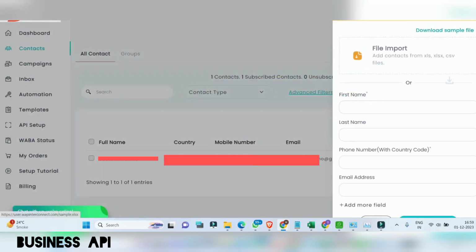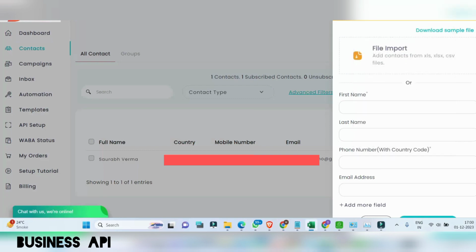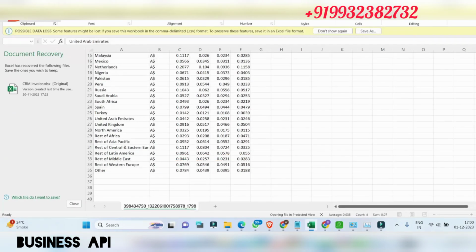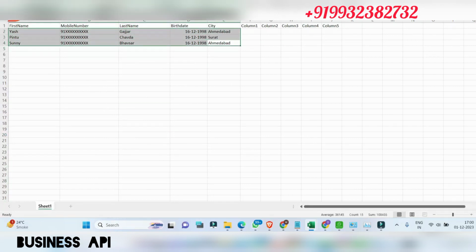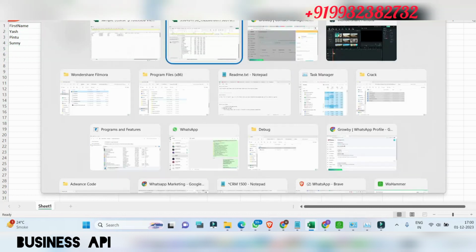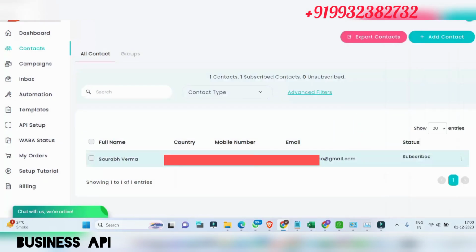You can download the sample, and after downloading it, we can copy paste the numbers and re-import them here. I have already imported a number.